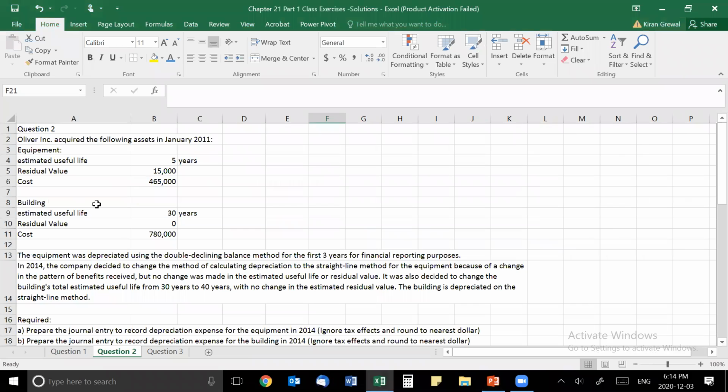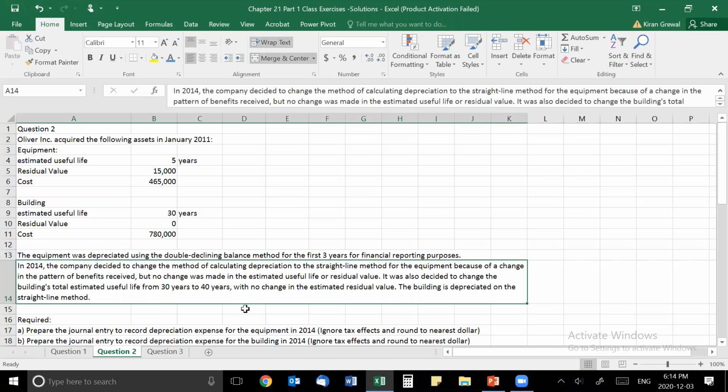So question 2 shows us that this company bought equipment, and these are the details of it. They bought a building. These are the details. And it's saying the equipment was depreciated using double declining method for the first 3 years for financial reporting